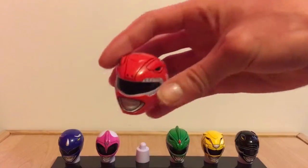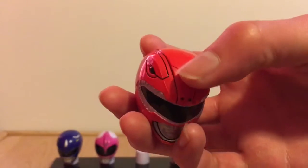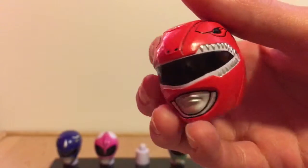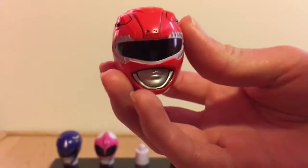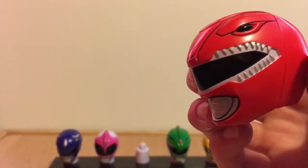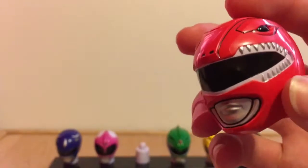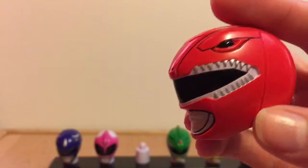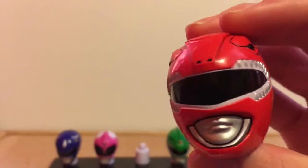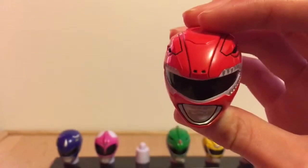On to Jason's. Again, just strange, like why is this area not lined but this on the side is. But I mean, again, other than this really heavy lining, it comes out looking really good. And all of the teeth for the Tyrannosaurus mouth around the visor, those are all picked out in silver. Nothing really going on the back, but I mean, his is kind of like the most neutral design out of all of them, honestly,